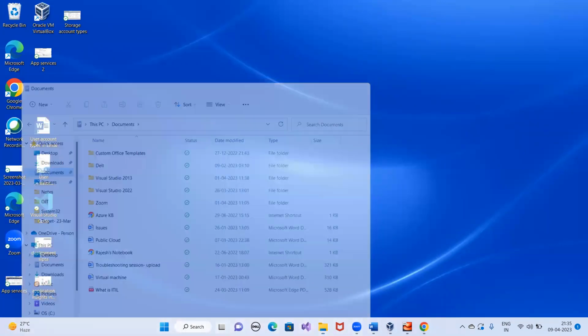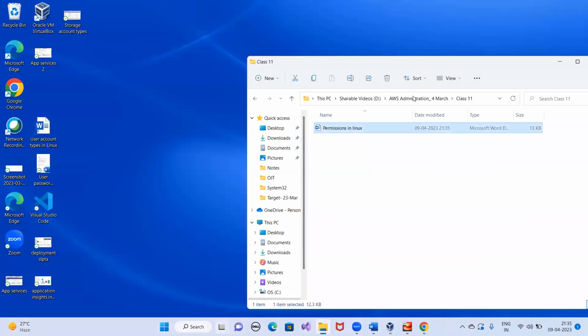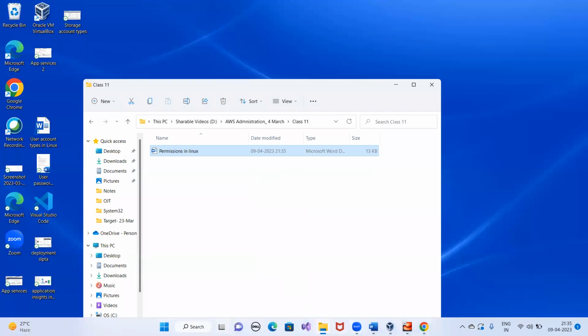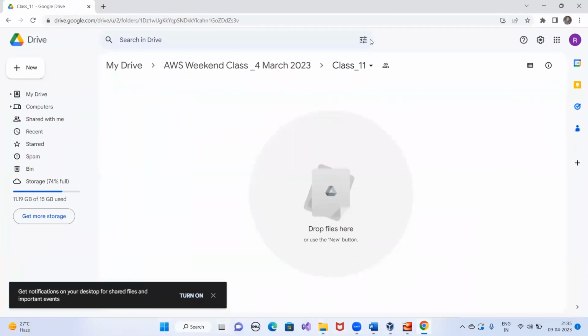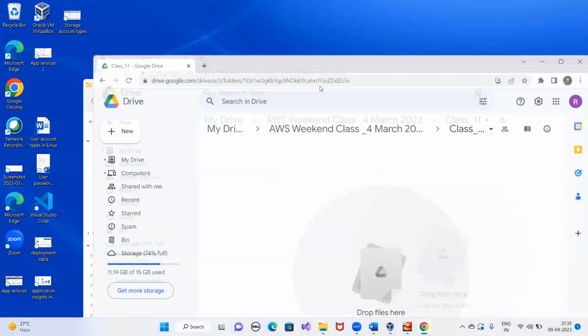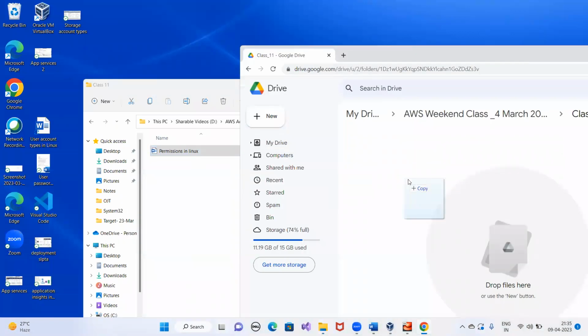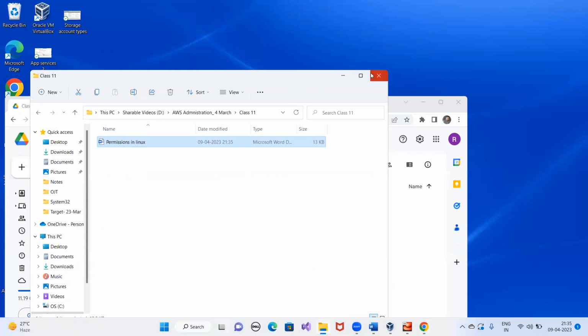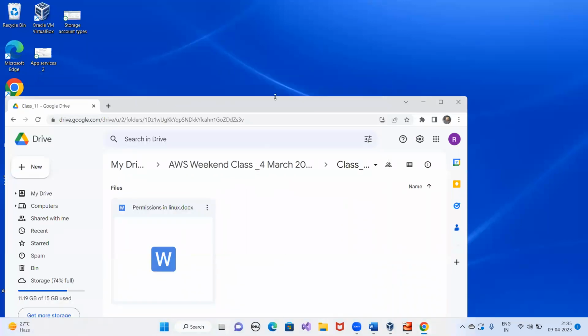Where did I save it? Yeah, this one. So let me upload it in the class 11 folder, which is of today. The current one. So you can also see this file in the class 11 folder.